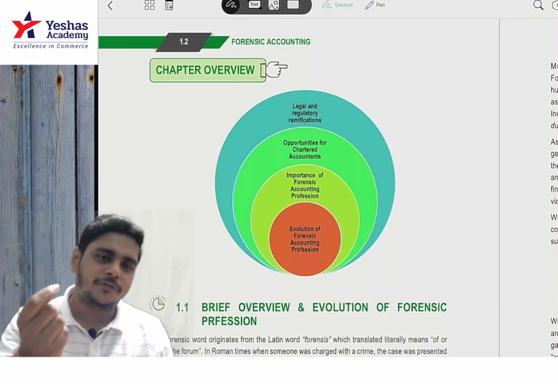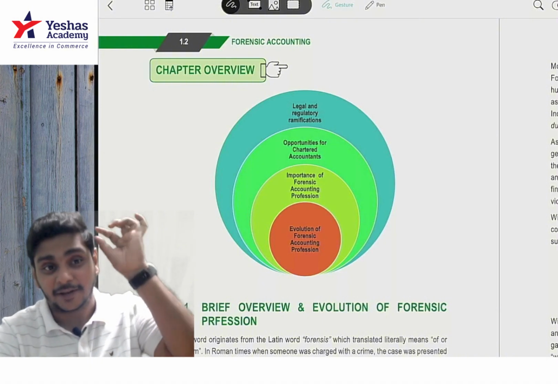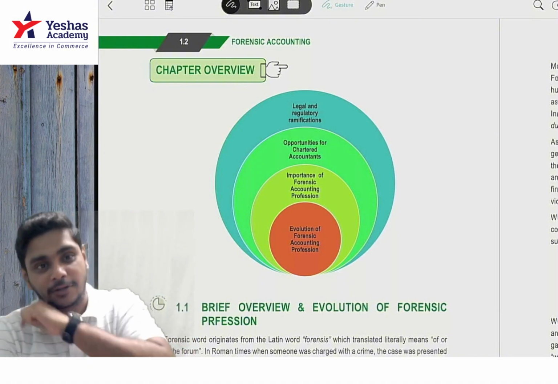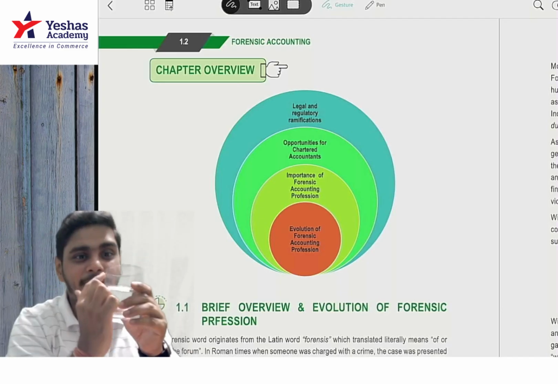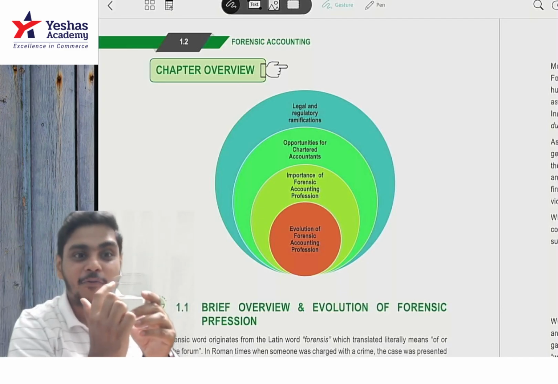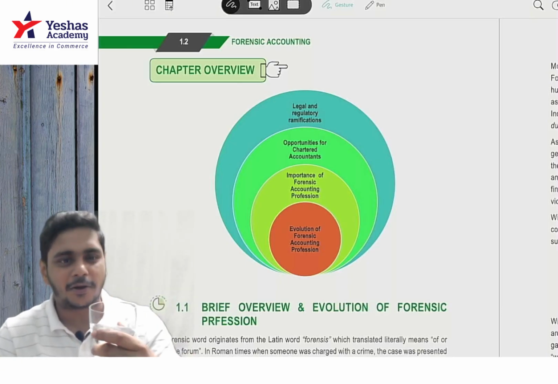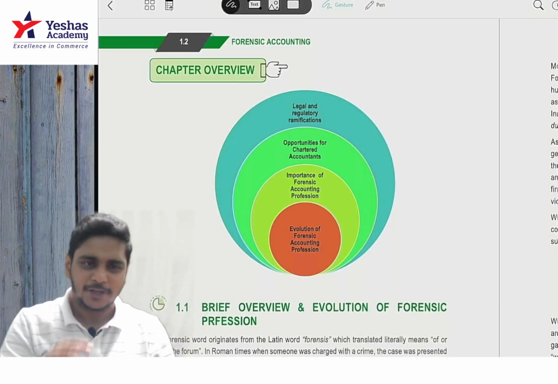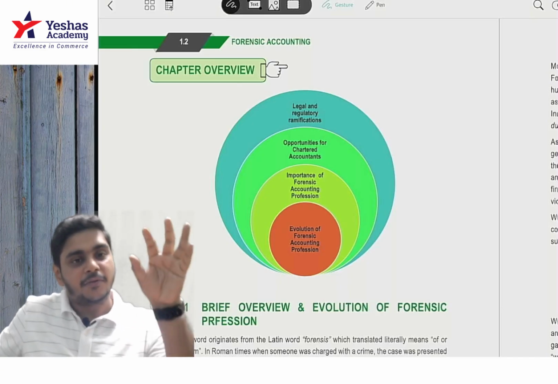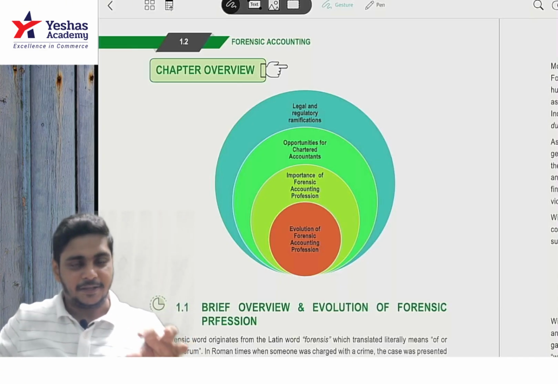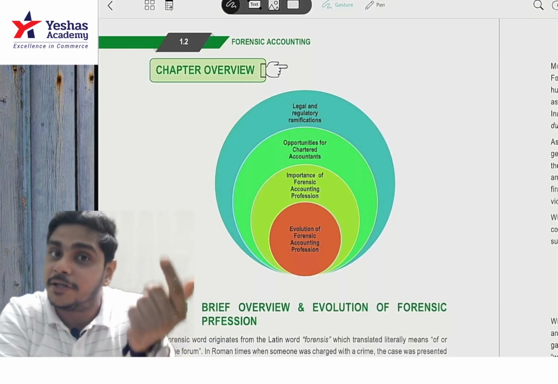In a lot of episodes you must have seen, they would get one hair, and with that they find out the murderer. Or on the glass there will be a lipstick mark, and they find out which brand of lipstick it was, who has drunk water or alcohol from this glass. You must have seen all this. So in the same way, they are doing forensics, trying to find out the murderer.